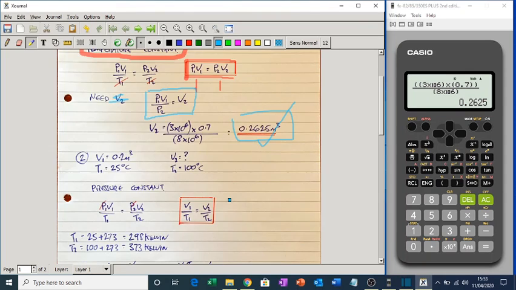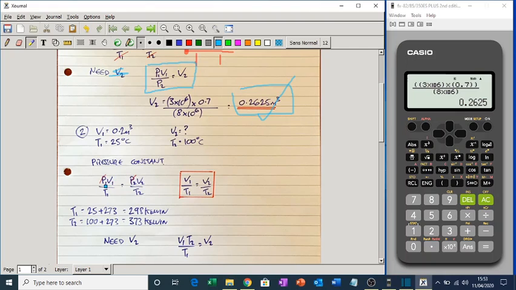Tick. Number 2, volume of 0.2 cubic meters and a temperature of 25. Don't forget, we need to convert that in a bit to Kelvin. So that's before, and then we're going to increase the temperature. So what we're doing now is we're increasing the temperature to see what happens to the volume. The pressure is constant. So we can use this formula, P1V1 over T1, P2V2 over T2. Because the pressures are constant, we can ignore them, which just gives us V1 over T1 equals V2 over T2,